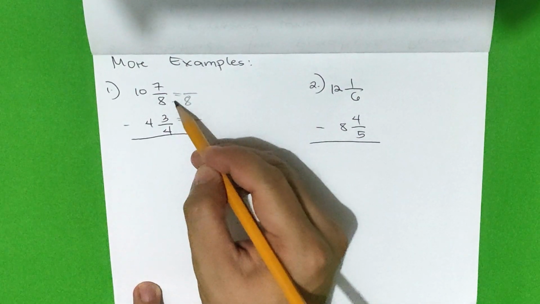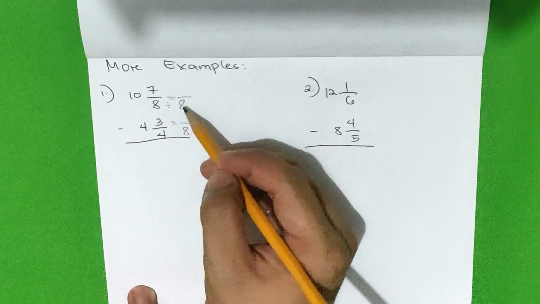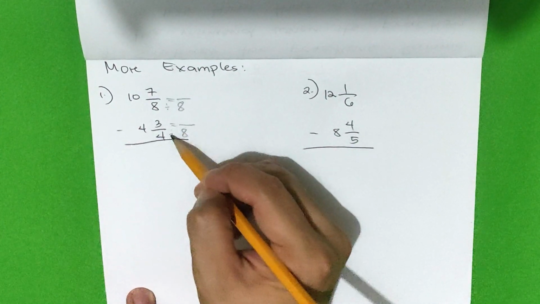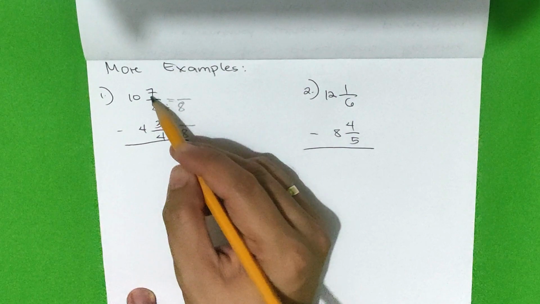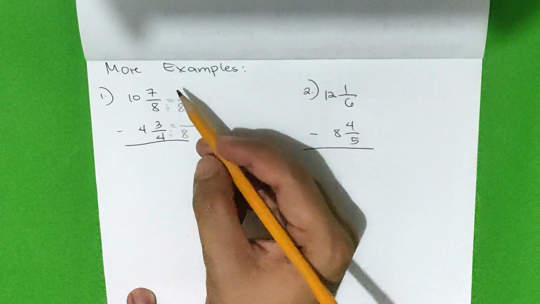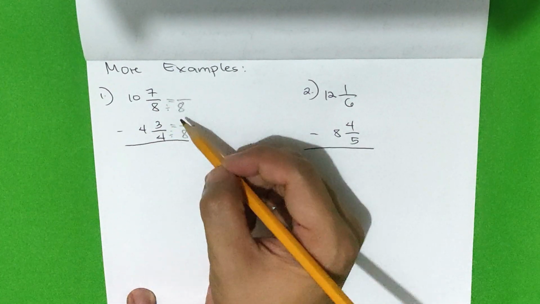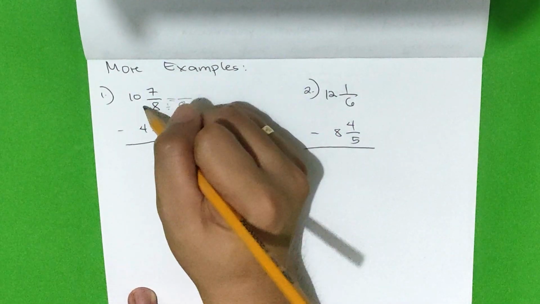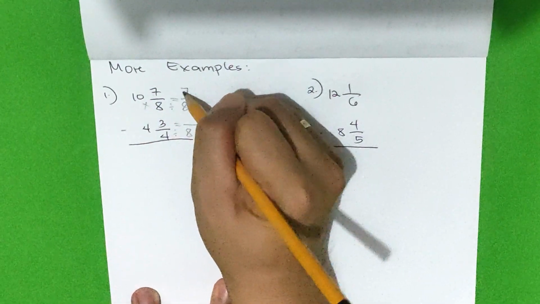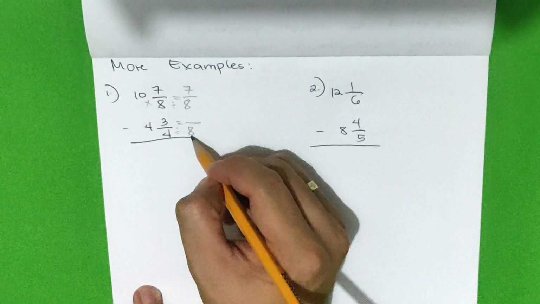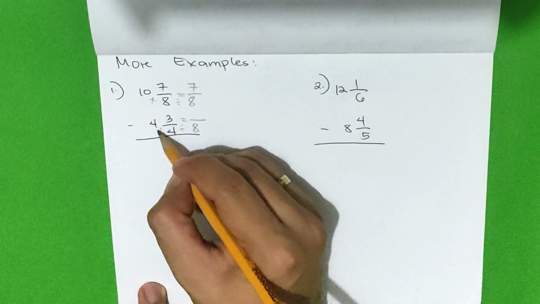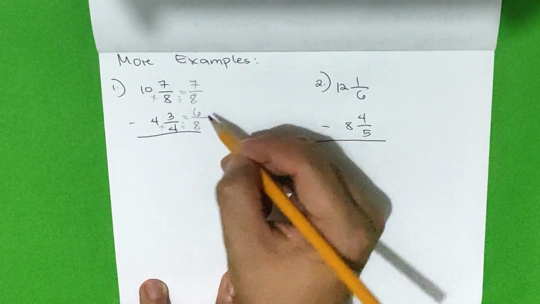So let us now divide the LCD by the denominators and multiply the quotient to the numerators. So 8 divided by 8 is equal to 1 times 7, 7. 8 divided by 4 is 2 times 3, it's